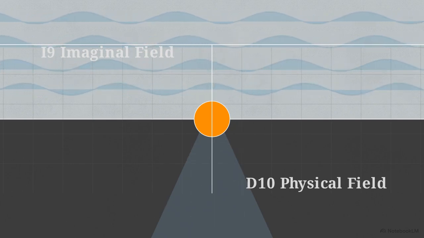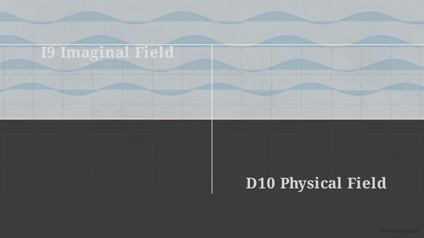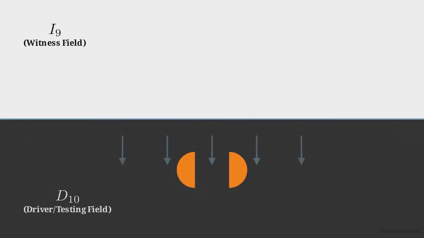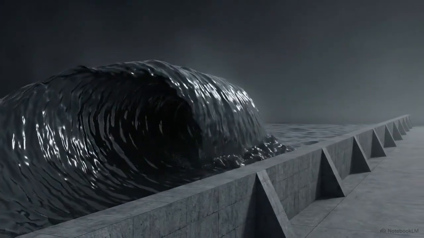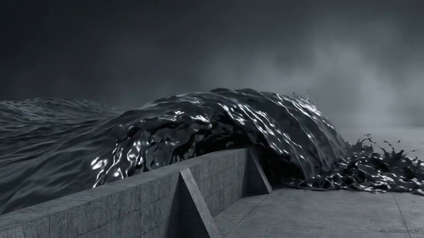But at coordinate 722, this node violently fractures into binary halves. This occurs because immediate physical attachment in the D10 field temporarily overrides the I9 command. This pulls the pair down into the testing field. This systemic entropy creates a catastrophic global flood that entirely corrupts and overtakes the lower physical operating plane.